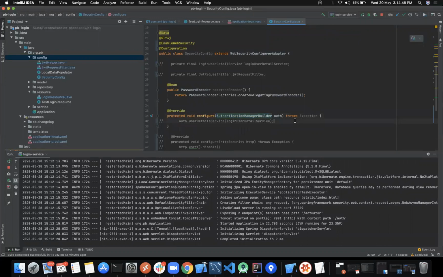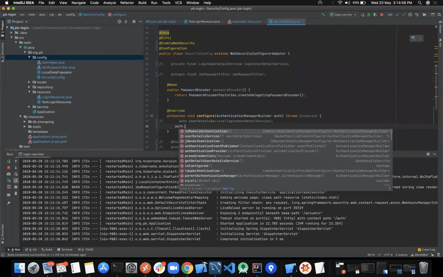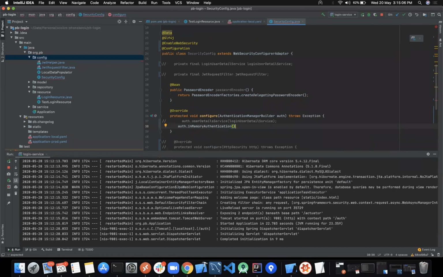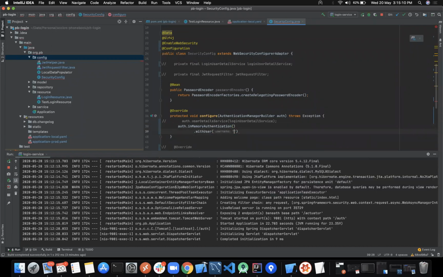If you want to keep multiple users during the development phase, there are different mechanisms: you can have JDBC authentication, or you can have LDAP authentication. I'll use the in-memory authentication for now. So in-memory authentication with user, let's say the same Rohit, password as 123,